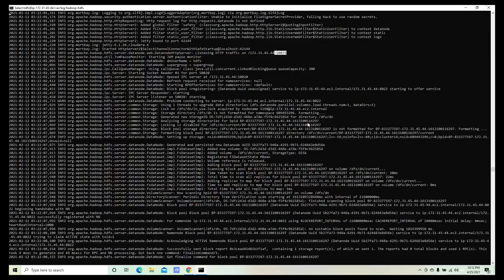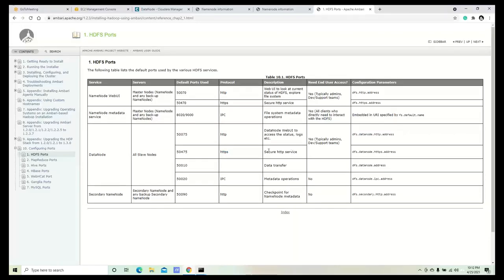I also saw 50020. So what exactly is it for? It's an IPC port. 50010 is the data transfer port. So whenever a block or data is to be transferred from another data node to this data node, or has to be transferred to the client who wants to read the block, always this port will be used. But if it wants to talk to the name node, for example, the two files I discussed,